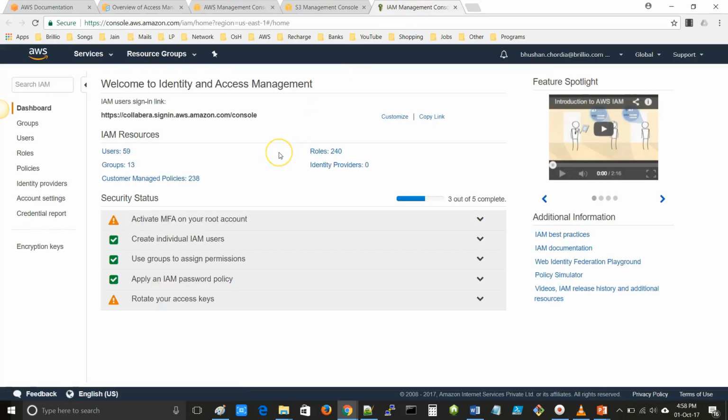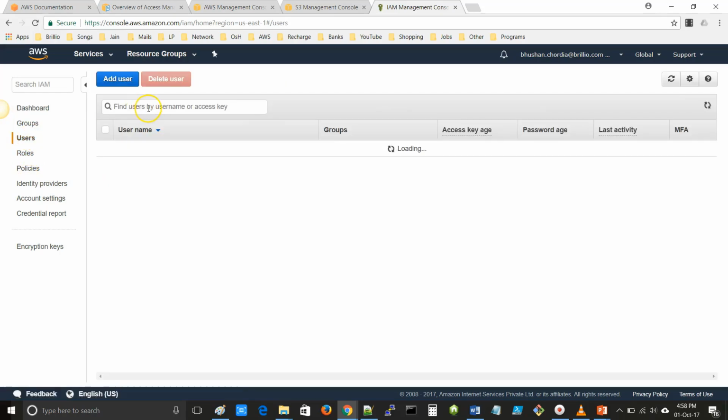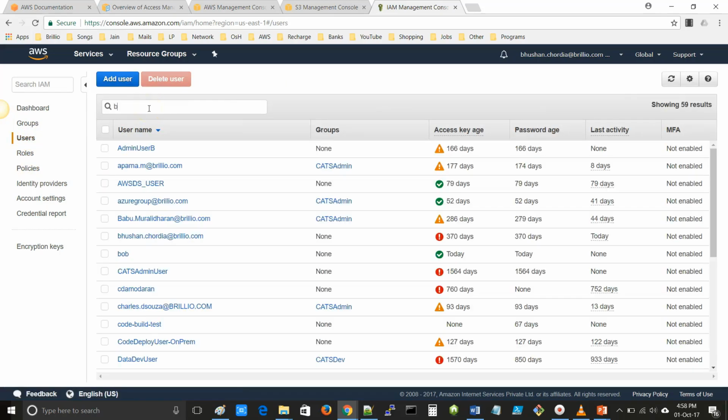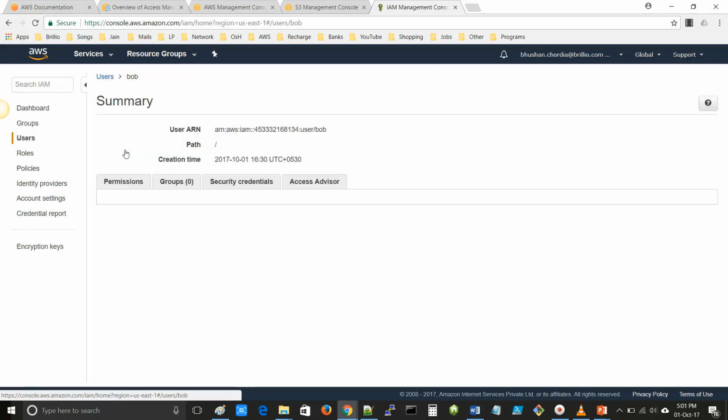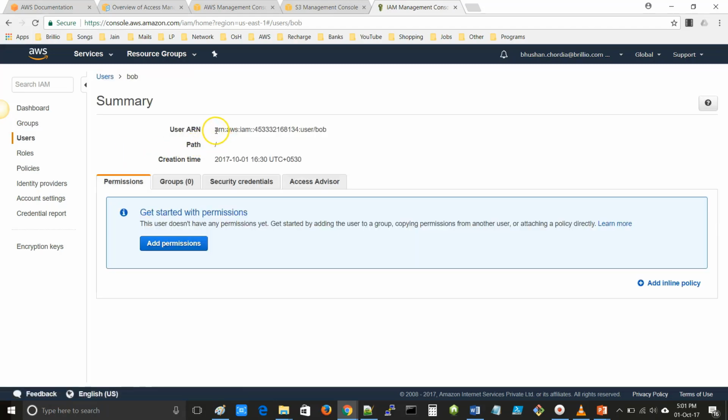Go to IAM, that is Identity and Access Management, and click on Users. Here I have created one user. The user name is Bob. So click on that user, and here you can see the ARN of that user.